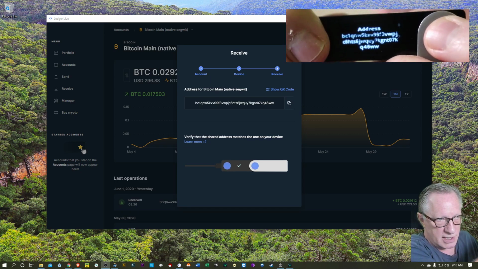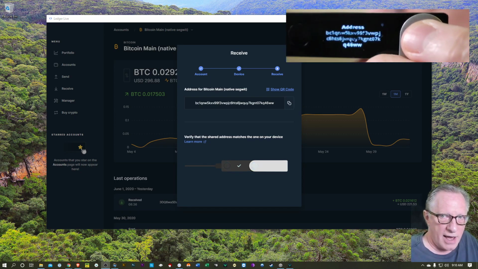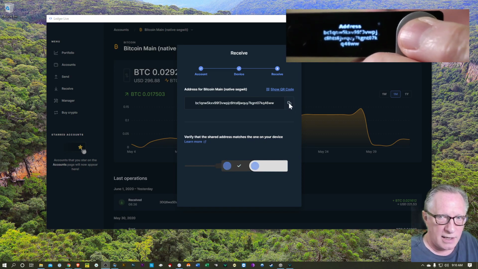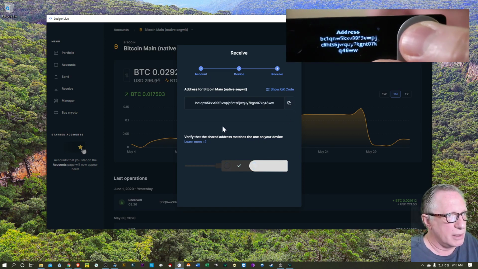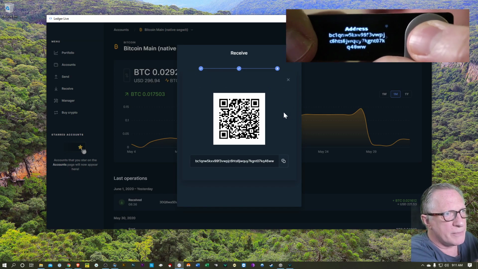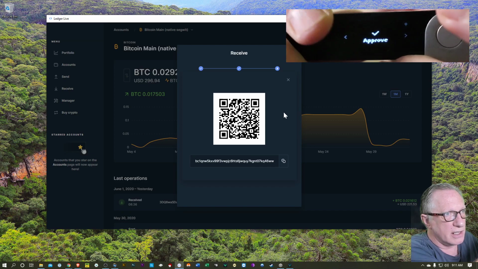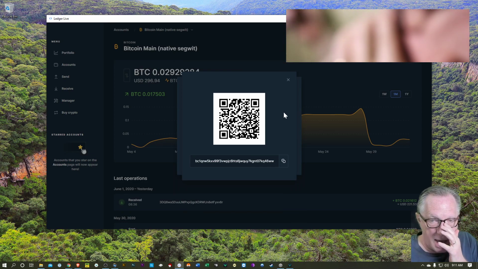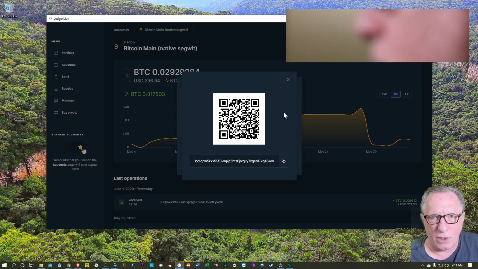That's a security failsafe. Now that I've seen that it does, I can hit copy to put it into my clipboard, or show QR code. And I'll go ahead and verify this on the device. I'll hit both buttons, and there we go. So there's my Bitcoin address.